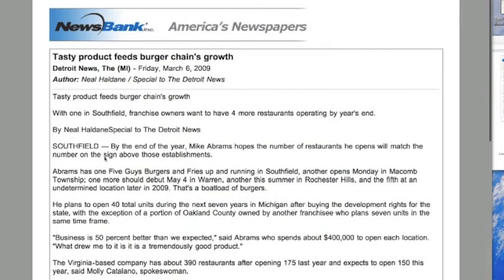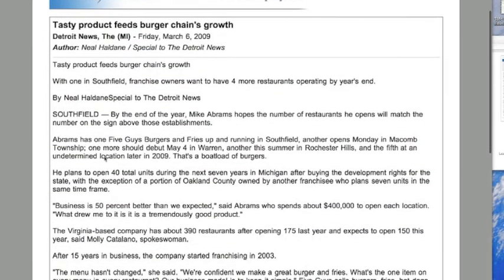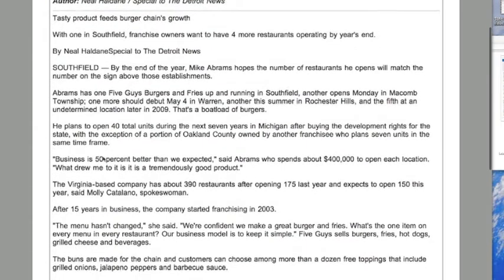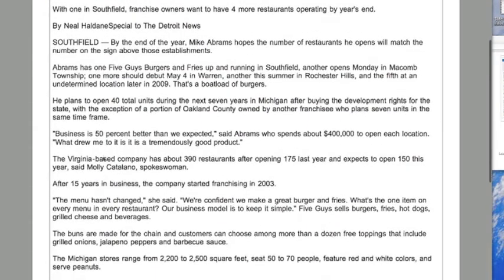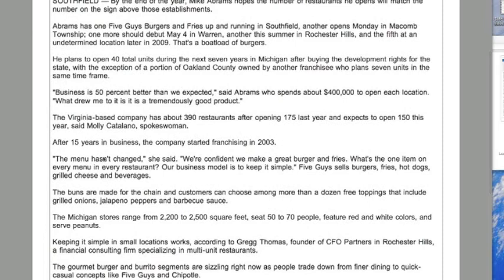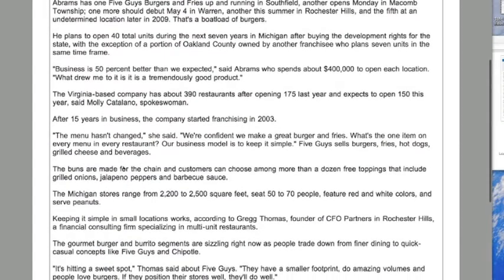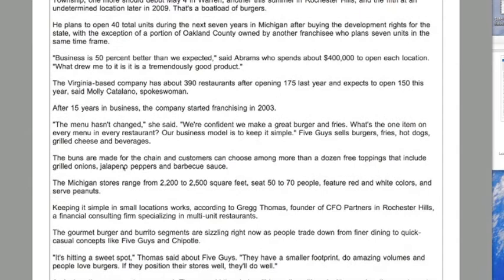Here's one about Five Guys, again starting with a featurey kind of lead. He wants to open a number of restaurants that will match the name on the sign above those establishments: 5 guys, 5 restaurants. Here, because I had connections and had been doing this for many years, I was talking to someone at a firm that keeps track of retail and mostly restaurant things. This might be a little harder for you to do because I was working for a newspaper at the time, so it was easy for me to contact them, but you should be able to tie it into some kind of trends or reports that are available pretty freely on the internet in terms of restaurant growth or things like that.